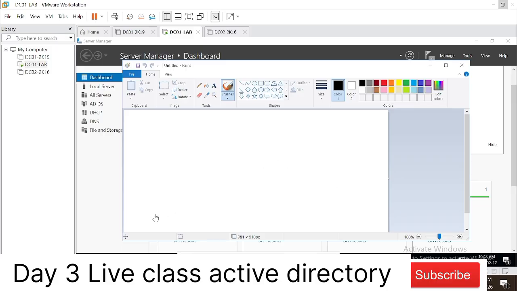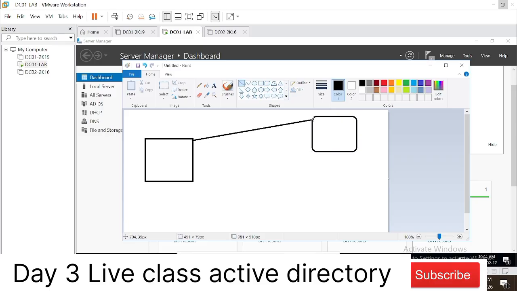So today we will cover the DORA process before going practical. Whenever a system starts and connects to the internet, the request goes to a router for requesting an IP address. So it tries to discover the IP addresses.